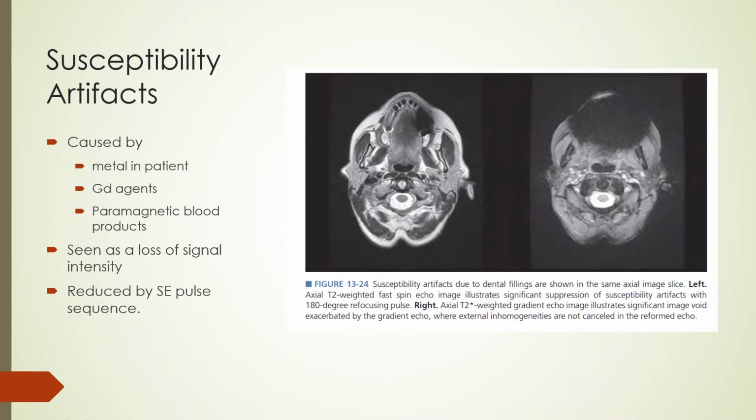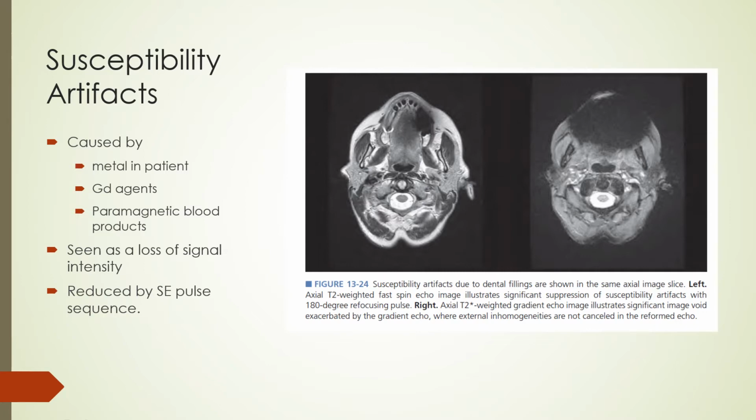Tissue susceptibility changes occur at tissue-air interfaces due to rapid dephasing at the interface because of fast T2* decay. This leads to a loss of signal at the interface. The presence of any metal object will cause distortion of the magnetic field and affect tissue due to changes in susceptibility. Also, the presence of paramagnetic blood degradation products and gadolinium can cause a significant decrease in T2* relaxation. The images show signal loss in the T2* image due to rapid dephasing of T2* signals. By using a fast spin echo sequence with a 180-degree refocusing pulse, the signal loss is reduced as shown in